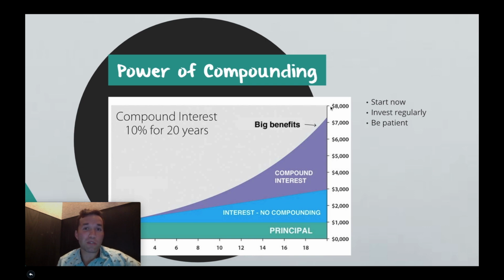Some people like Mr. Money Mustache, these extreme savers, save 60 to 70% of their salary. And yeah, it might seem crazy to save 60% if you made $70,000 a year. It's like, how can you live? And you have to really live minimal. But with the amount that you're putting in, and based on this power law of compounding, you could technically retire in 15 years, which is crazy, especially if you keep a minimalist lifestyle.